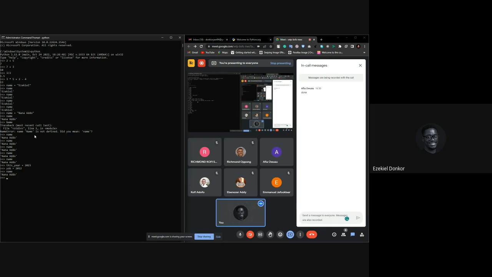Now we want to find out whether we can write a program that calculates age. And we just say age is equal to this year, right? That's how you calculate the age. Is this year minus year of birth, right?